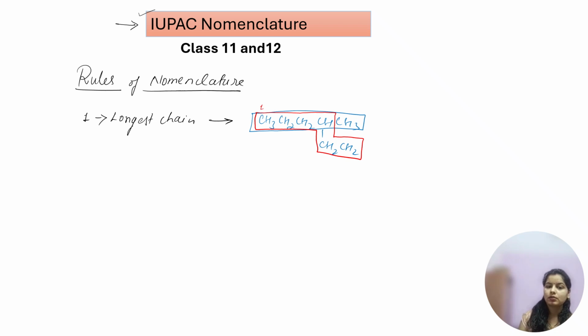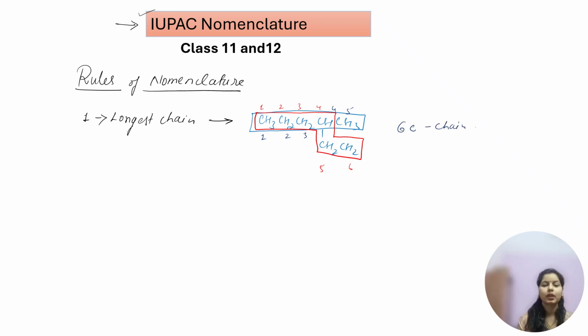So 1, 2, 3, 4, 5 and 6. If you go with the red colored box, then you are getting 6 carbons connected in a sequence. Now if I check the blue one, you have 1, 2, 3, 4 and 5, right? So you just have 5 carbons if you go with this one, and you have 6 carbons if you go with the red box. That means your longest chain will be the red box. So let's write it: we have a 6 carbon chain.